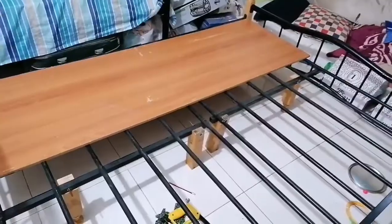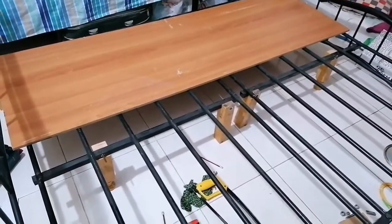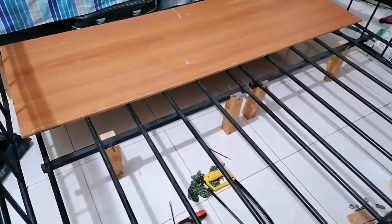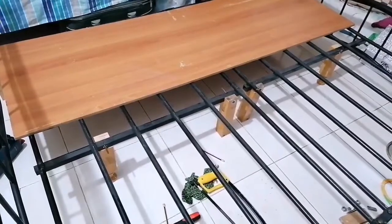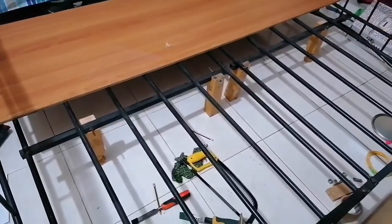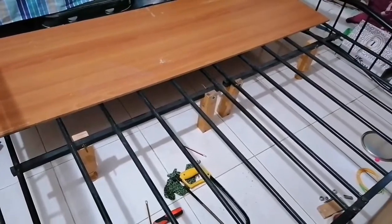So for the bed, for very good comfort, we can use some plywood sheet above this bed and below the bed, because this is pipe, so some more plywood sheet is good. First plywood sheet, then